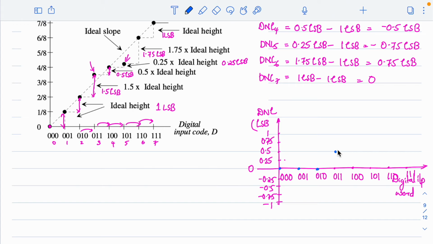Now for 4 it is minus 0.5 LSB, so it is somewhere here. Then for 5 it is minus 0.75 LSB, which is somewhere here. Then for 6 it is 0.75 LSB, close to this value, and for 7 it is 0 LSB, right? So generally we'll have a plot like this, which shows the variation of DNL,